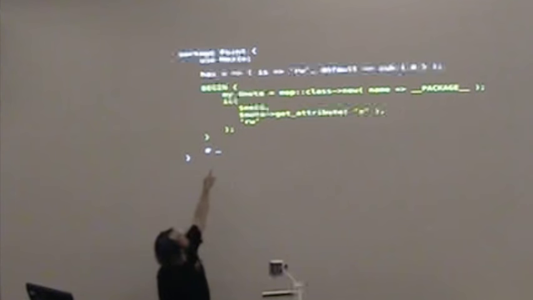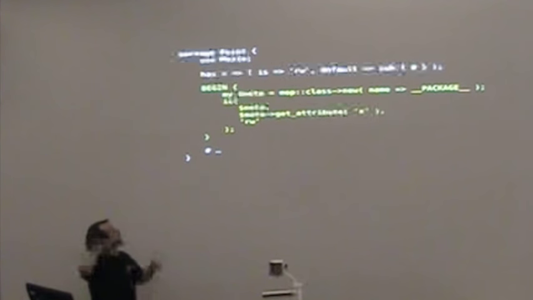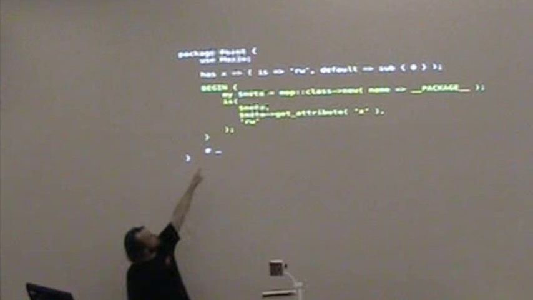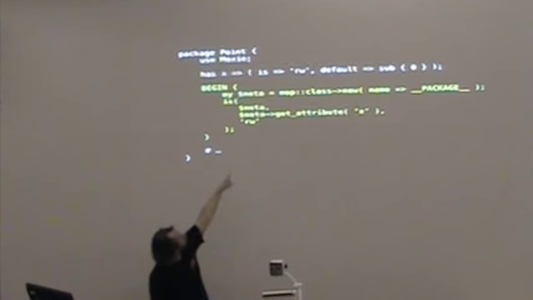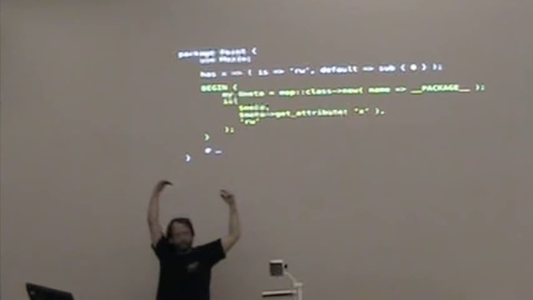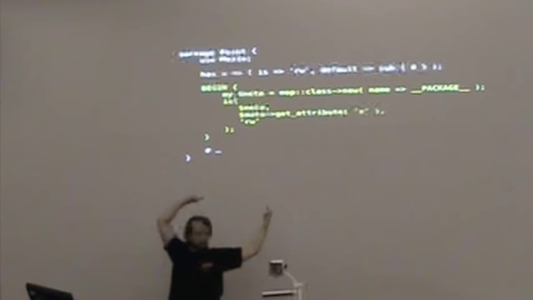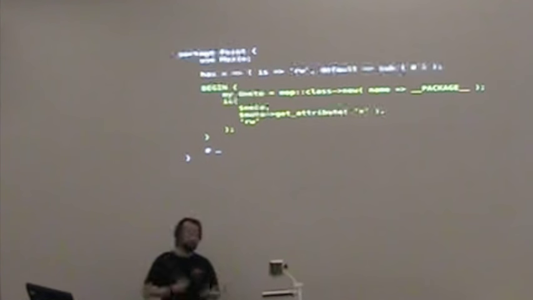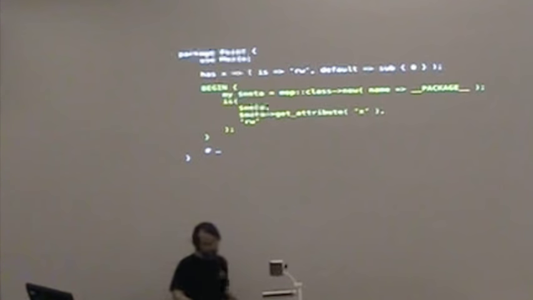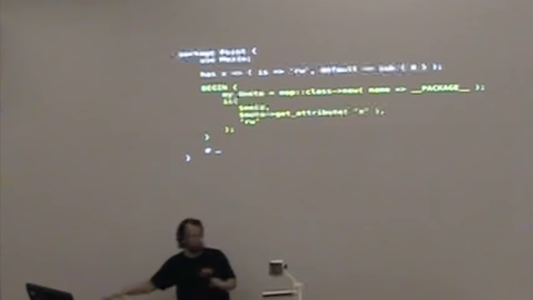What it basically does is this. It injects this in, because we're doing the keywords, we can do all sorts of things at the beginning. So it creates a new meta class, passes it in, gets the attribute, read, write. One thing I'd like to point out, mop class new. You might be thinking, well, didn't we create a meta class for that package already somewhere? Yes, we did. But we're going to create another one. They're all going to be the same because no data is actually stored in the meta classes. All that data is actually stored inside Perl, and I'll show you exactly how in a little bit. But just understand that if you want to get a meta class, you just create one, and it will give you the quote-unquote handle into the class.